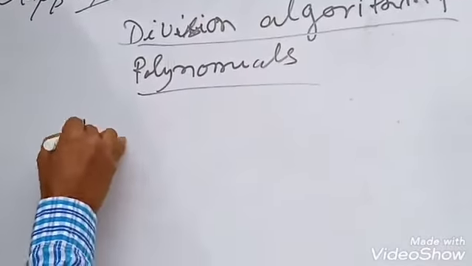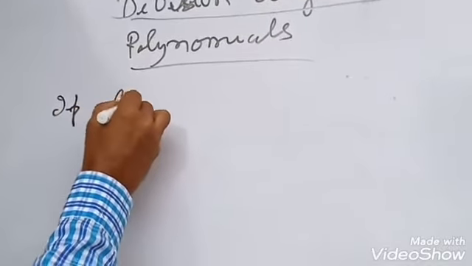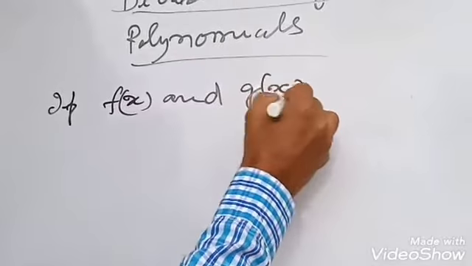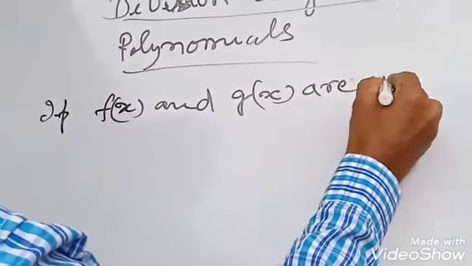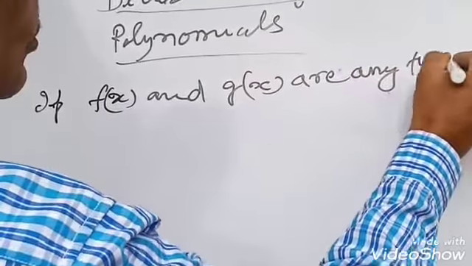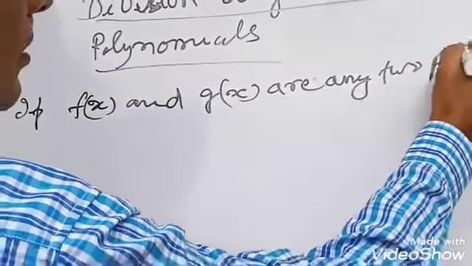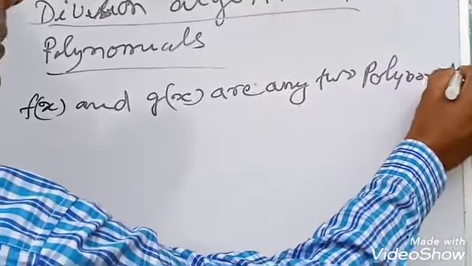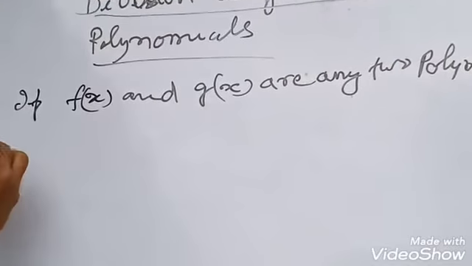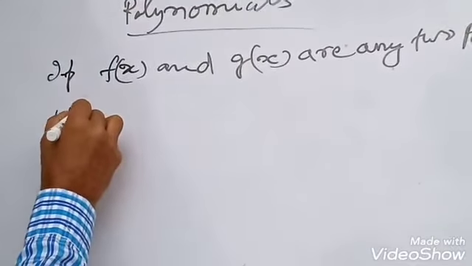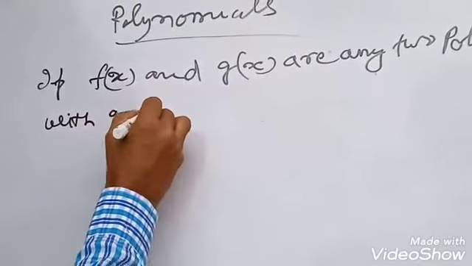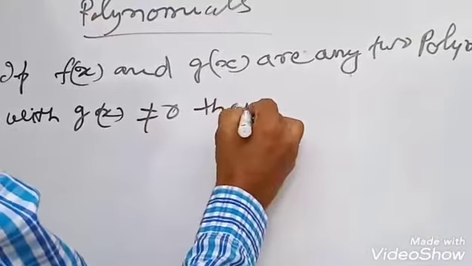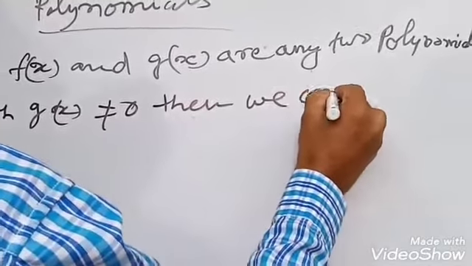If f(x) and g(x) are any two polynomials with g(x) not equal to 0, then we can find